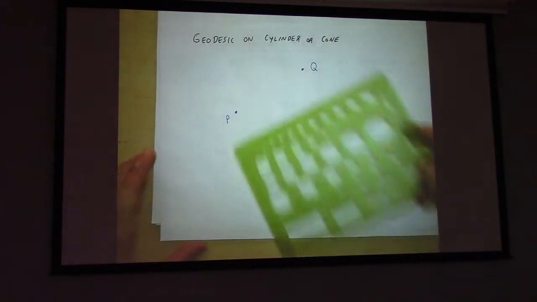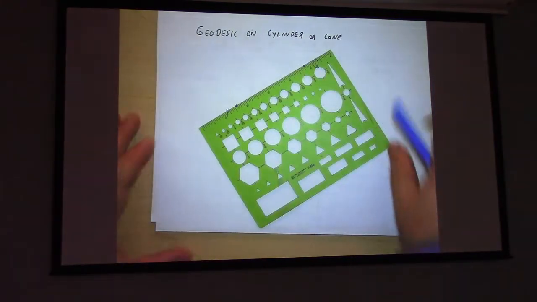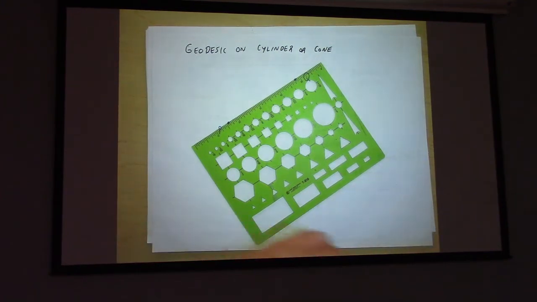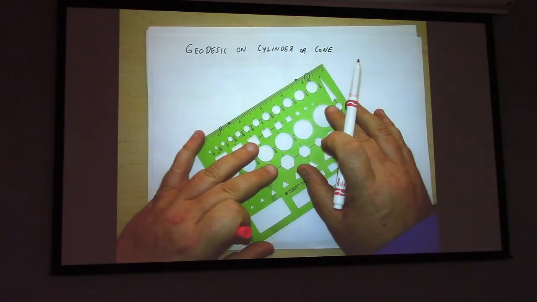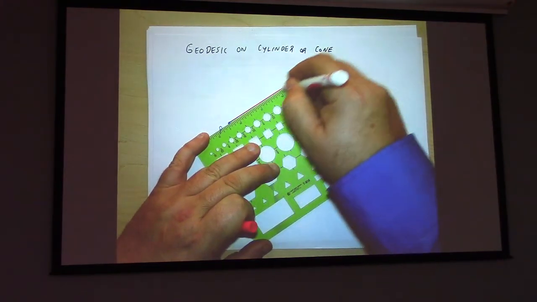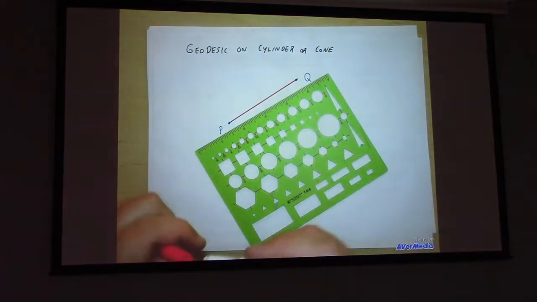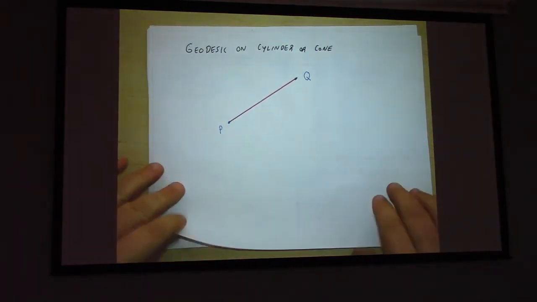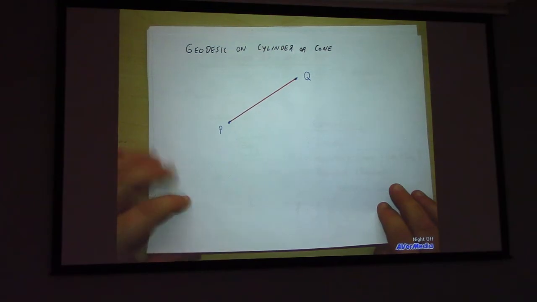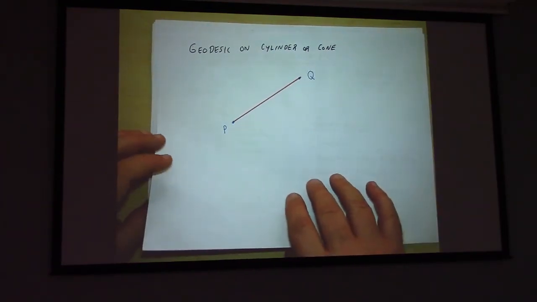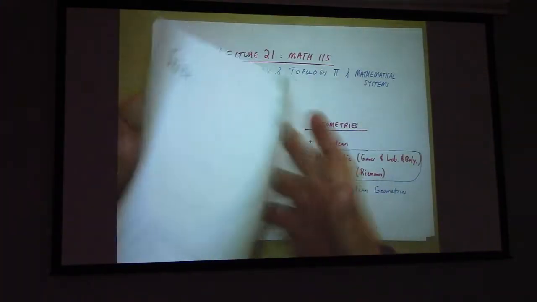So if I connect those points, like so, I'll use a red line here. I just wanted to show you guys what geodesics look like on a cylinder or a cone. I mean, there are more than one, right? But one way you can sort of illustrate the geodesics on a cylinder or a cone is just to make one. All right. So here, if I just take this paper,